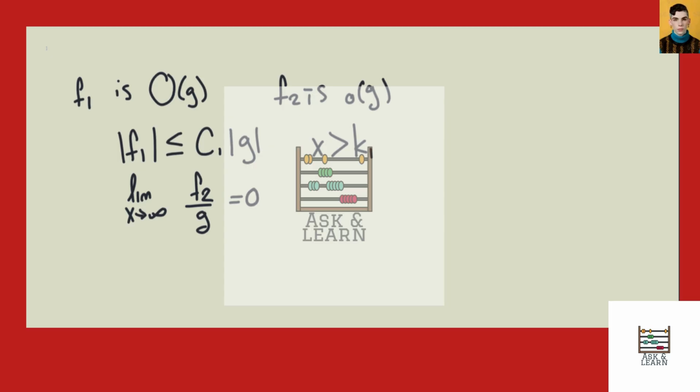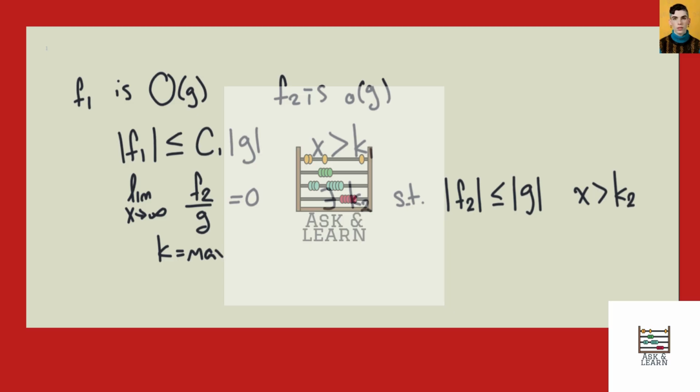Okay, but by the definition of a limit, we know that there exists some constant k2 such that the absolute value of f2 is less than or equal to the absolute value of g whenever x is greater than k2. So if we let k be the maximum of our two k's,